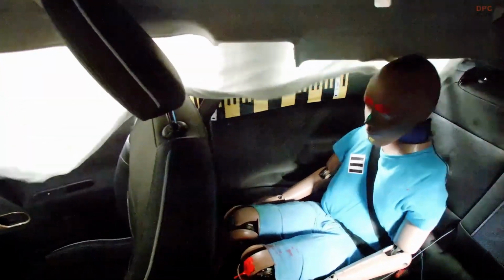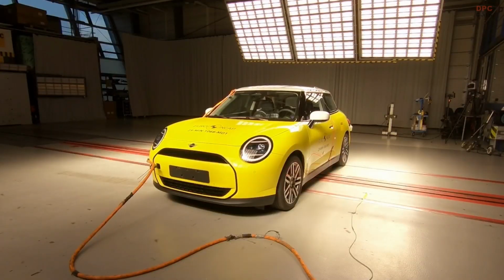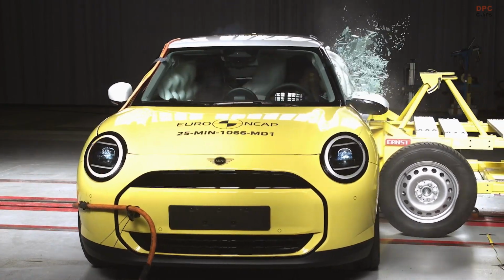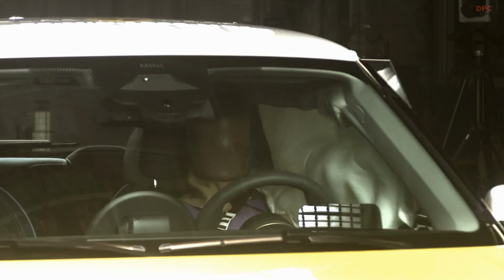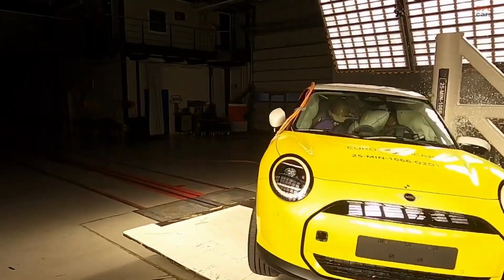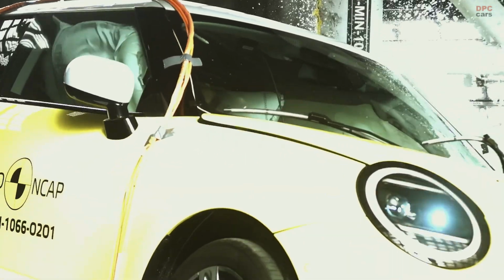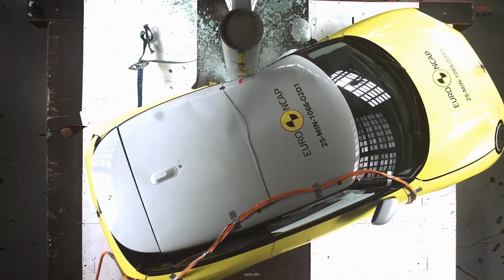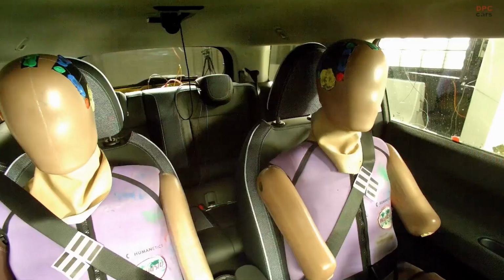In the full-width frontal impact test, results ranged from adequate to good, and side impact testing showed strong protection in all vital areas. The Mini Cooper E is also equipped with advanced driver assistance features. Lane support and autonomous emergency braking helped it avoid or reduce serious collisions with cars, cyclists, pedestrians, and motorcycles. However, it is worth noting that the reverse emergency braking system was not tested because it was not installed on